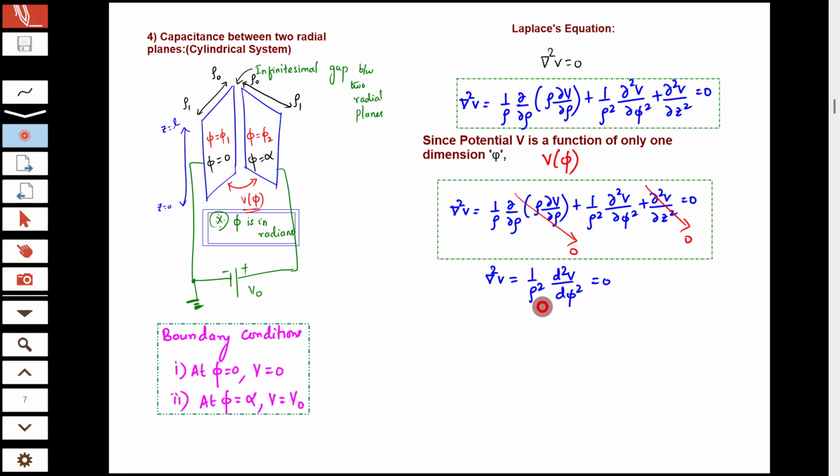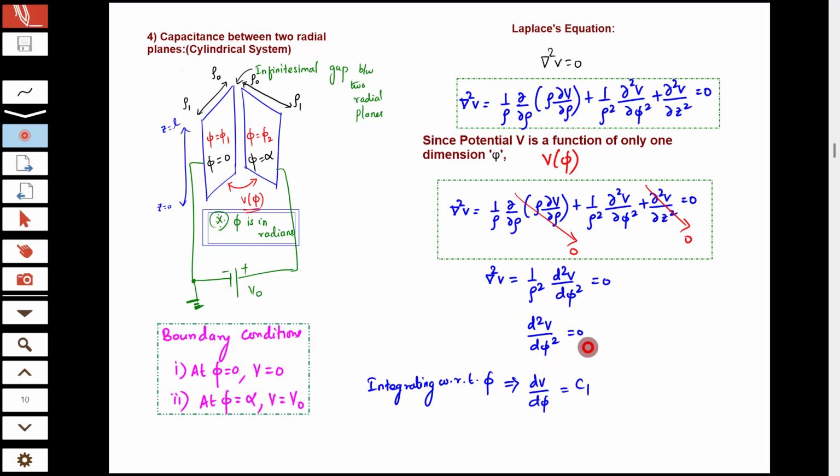Now we can rearrange these terms. This 1 by rho square can be brought to the right hand side. This rho square in the denominator will be multiplied with 0 on the right hand side, which will make d square V by d phi square equal to 0. Now this is a second order differentiation of V with respect to phi. We have to integrate twice with respect to the variable phi to get the potential function. The first integration with respect to phi will remove one differentiation term, so we will have only dV by d phi,